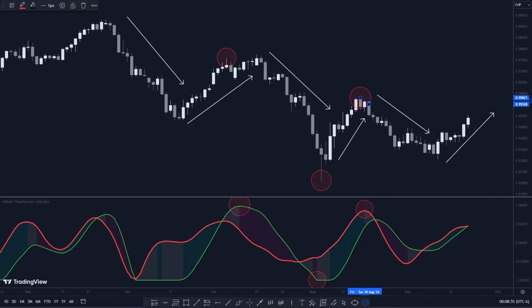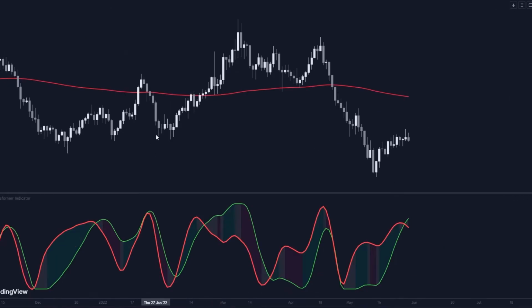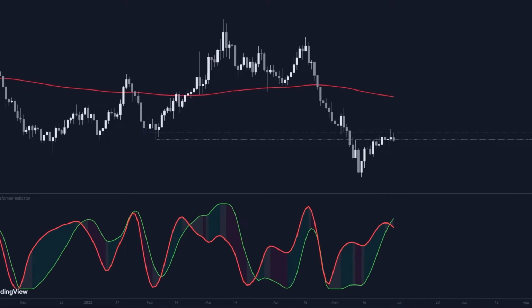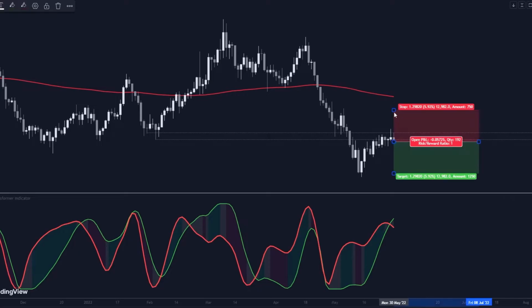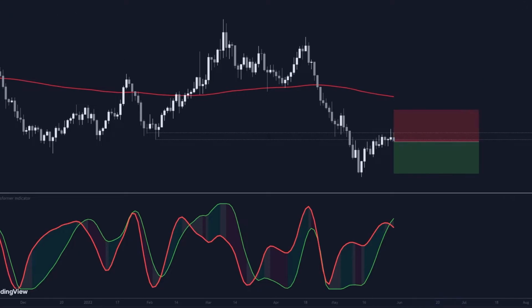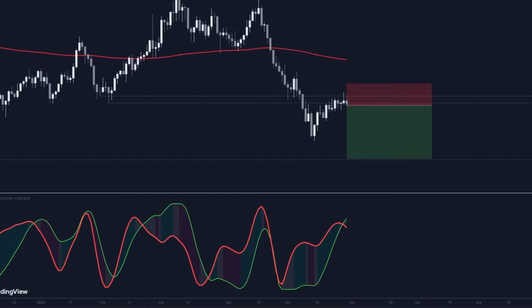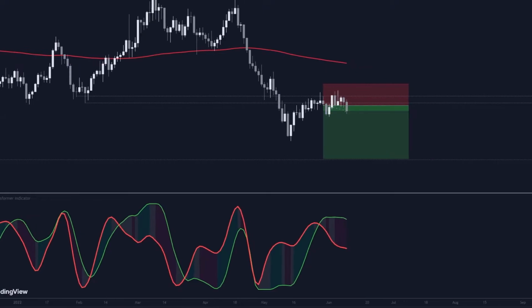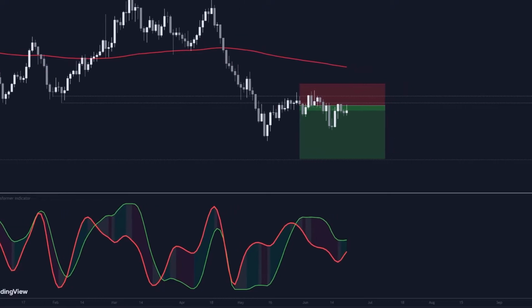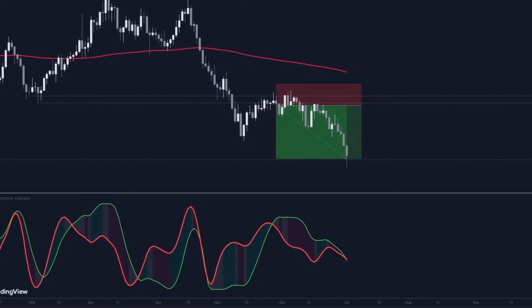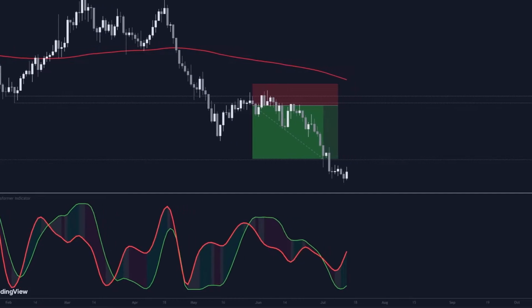The Hilbert transform oscillator is a good tool on its own, but for best results, it is advisable to use it in combination with other indicators. For example, you can combine it with a 200-period moving average to confirm the direction of the trend, or with a volume indicator to make sure that the movement is supported. In this way, you can filter out false signals and ensure that the cycle you are looking at has sufficient